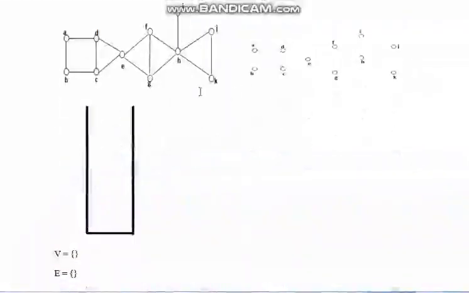So this is the given graph. Here how many vertices? 4, 8, 9, 10, 11. Hence the size of the stack is 11. And here I am taking vertices without edges to draw a spanning tree as output. Now here I am taking vertex set V for the visited vertices, and edge set for the visited edges.